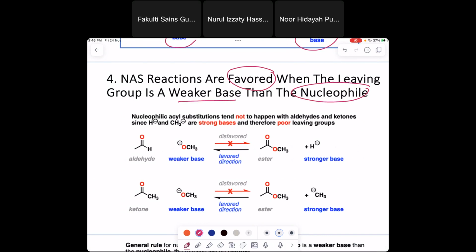The nucleophile is usually a base, so basicity is also nucleophilicity. But because the nucleophile is always negative, students always say as long as it's a negatively charged nucleophile, you can do the reaction. It's not like that. That is also a good explanation why